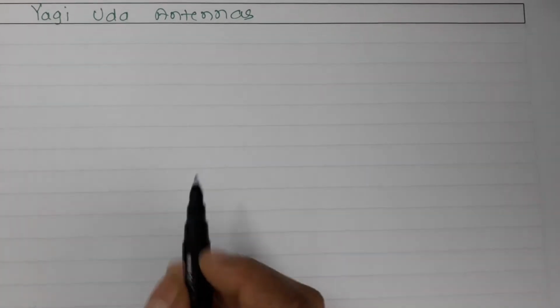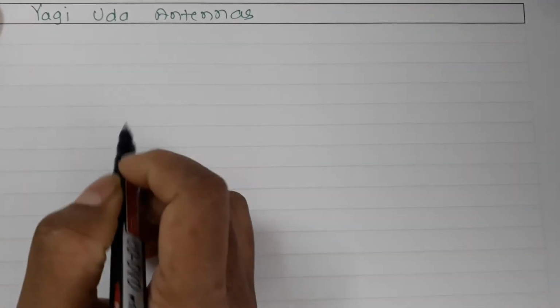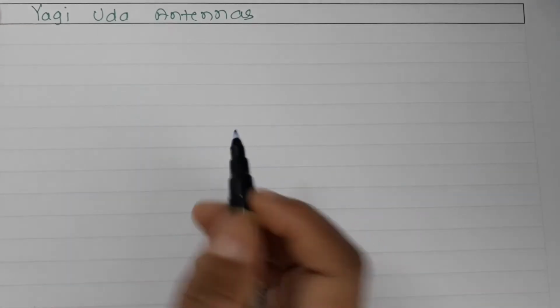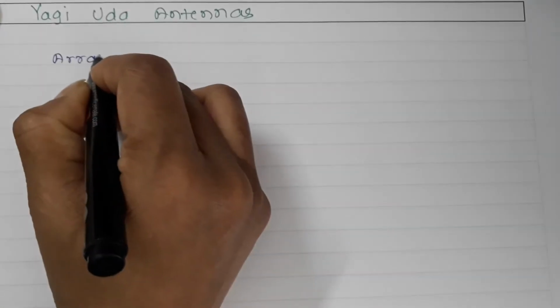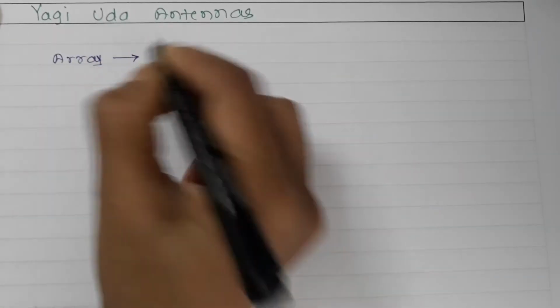All. In today's session we are going to discuss the Yagi Uda antennas. As we know, as we increase the number of elements the directivity increases. Here we have talked about arrays also. An array is where you have more than one element,